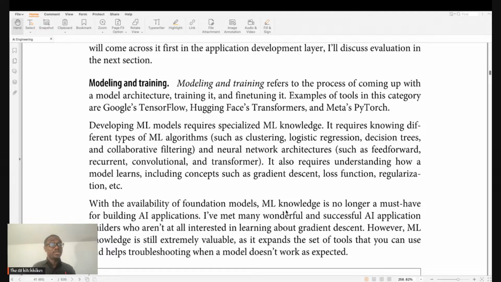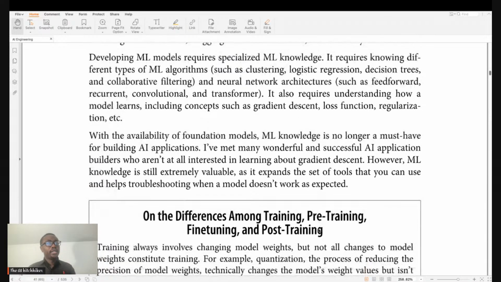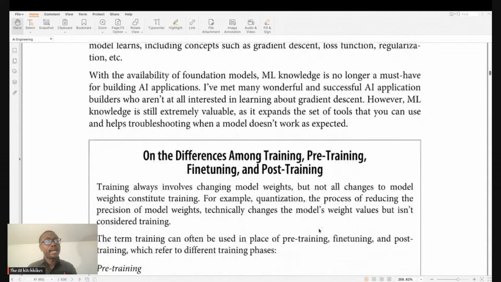With the availability of foundation models, ML knowledge is no longer a must-have for building AI applications. I've met many wonderful and successful AI application builders who aren't at all interested in learning about gradient descent. However, ML knowledge is still extremely valuable as it expands the set of tools that you can use and helps with troubleshooting when a model doesn't work as expected. Okay, the differences among training, pre-training, fine-tuning, and post-